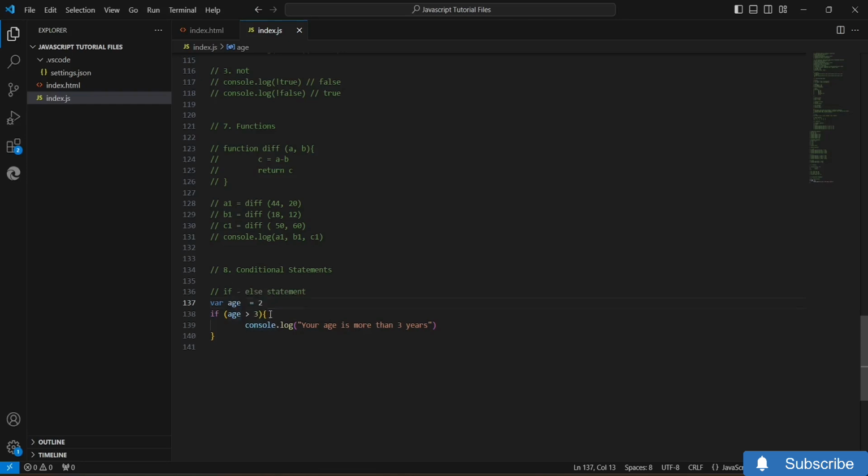Over here I have mentioned that if the statement is true, I want you to print your age is more than 3 years. But I didn't mention what I want to print if my age is less, or if the statement is false. So I will click on enter and type else. Let's open up the curly bracket, and under the else statement I will type console dot log. Let's open parenthesis and open double quote,